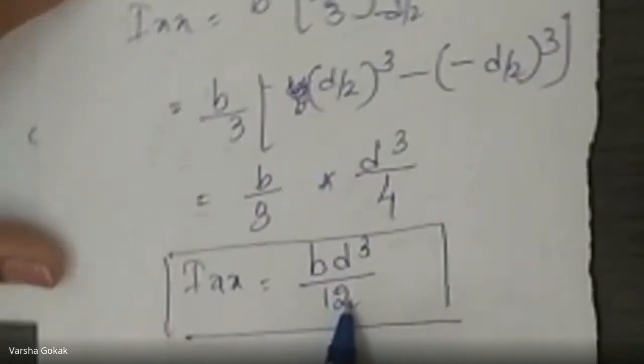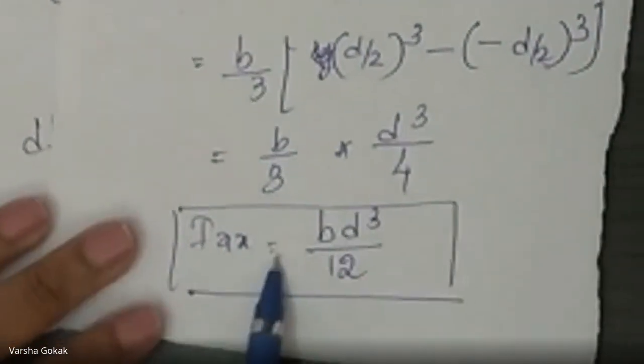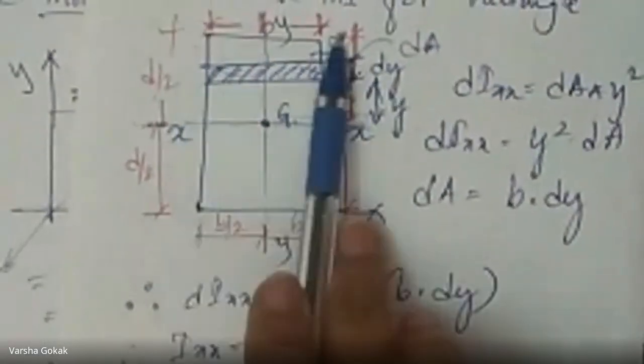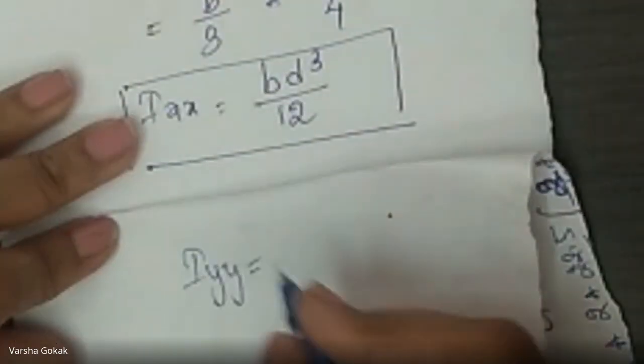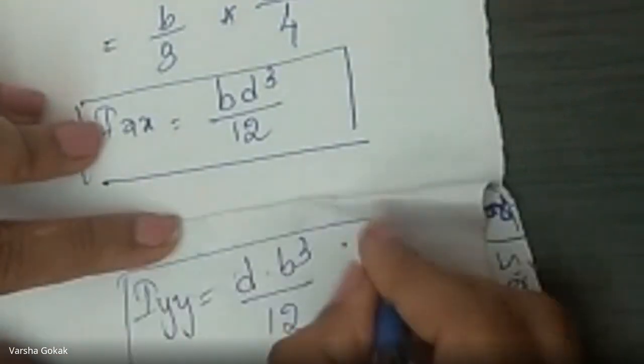Ixx means xx is passing along the centroid. Now based on this, there is no need to derive for Iyy. So looking at this only, I can write Iyy. Look again, Ixx means b d cube. So what is parallel to xx? b. So b d cube. So based on that, if I want to write Iyy, what will it be? Any guesses? What is Iyy? I want Iyy. So parallel to that is what? d. Correct? So Iyy can be written as d b cube by 12.